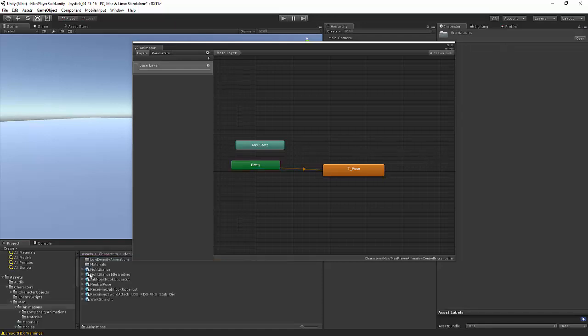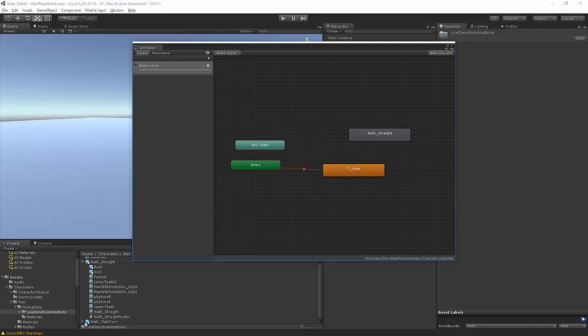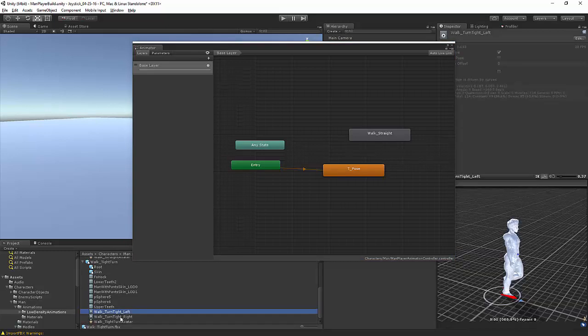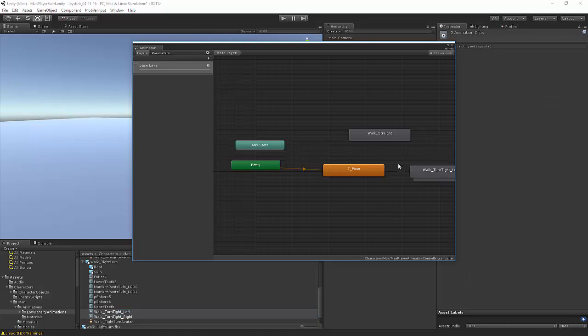And then animations, and then we've got to drop this in there, and these 2 in there. Okay,